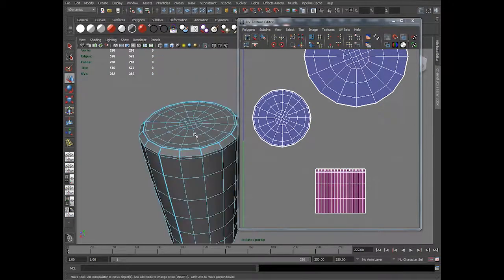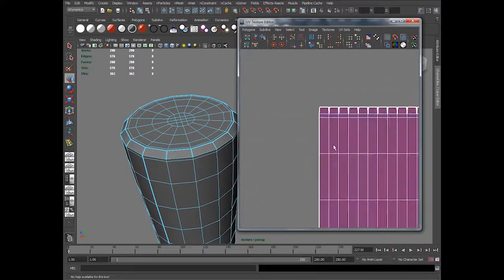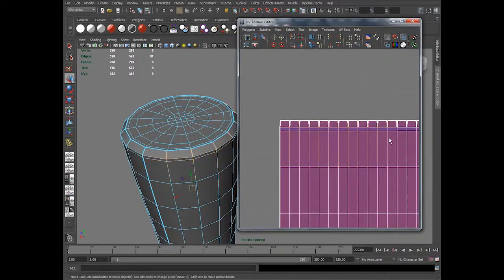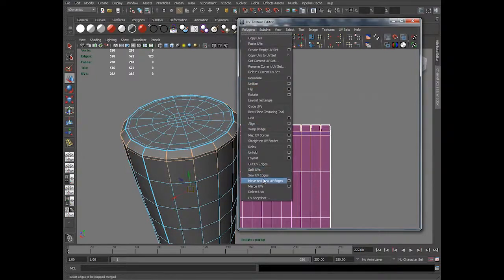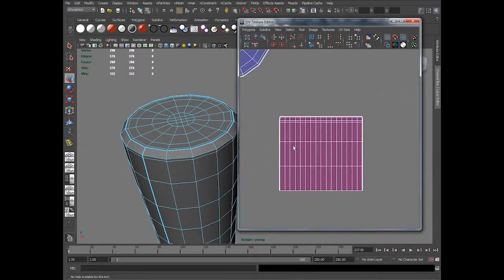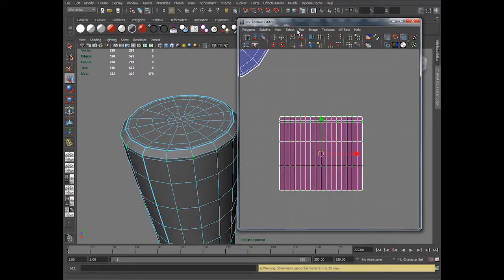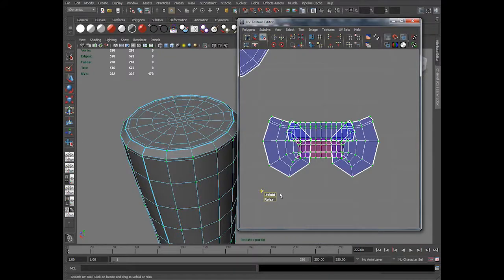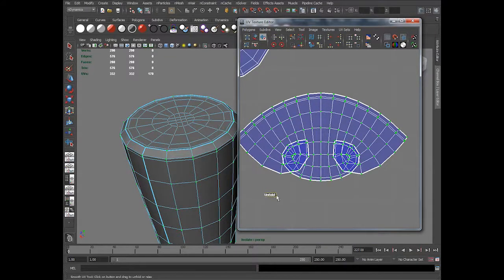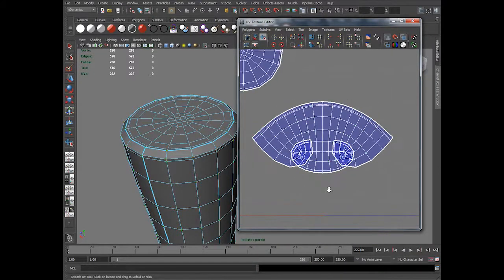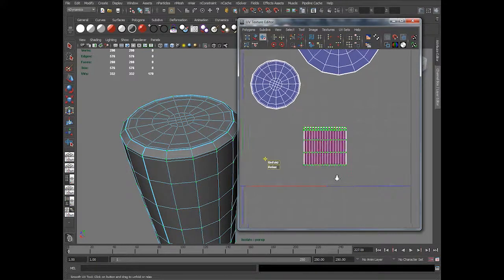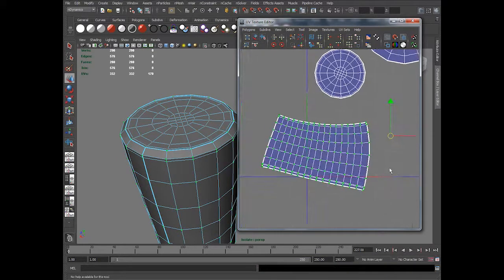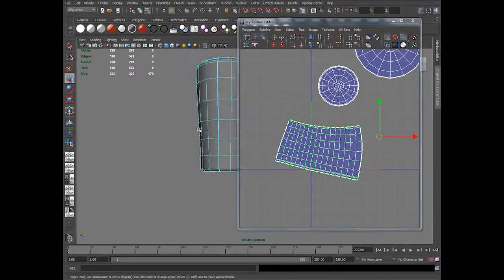Okay. And here most of them are cut, so I select all of them. Apply move and sew. Then I select all, and in tools I use the smooth UV tool and unfold. It's not working correctly. Let me do normal unfold. That looks good, but again